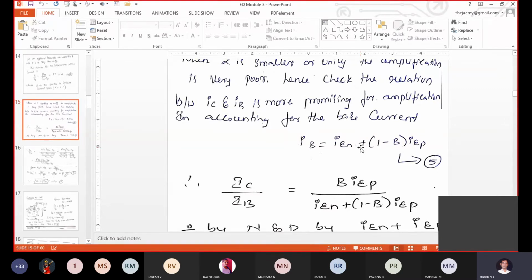Correct. So the IB current is constituted in two ways. One, when JE becomes forward biased, all the positively charged carriers will be shifting from P type to N type. The same way, the minority charge, the electrons in the base substrate, will also diffuse from N type to P type. Due to the diffusion process, when the electrons move from the base terminal to the emitter terminal, the base current is constituted.